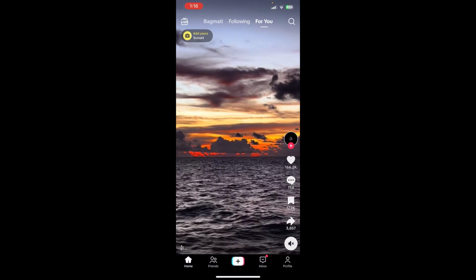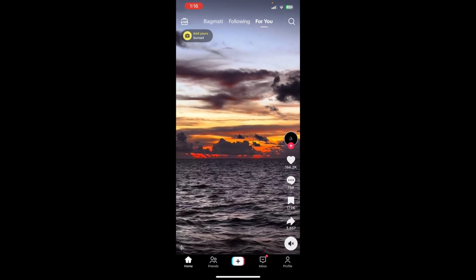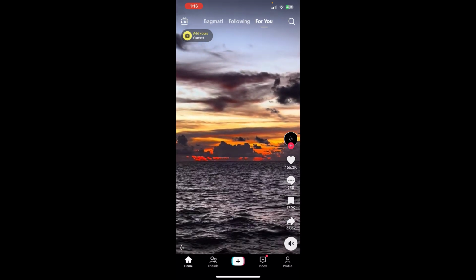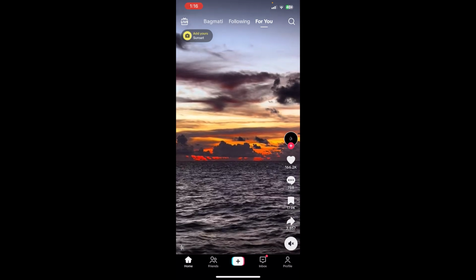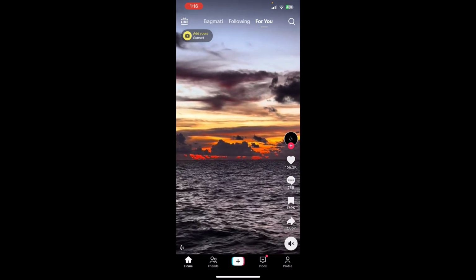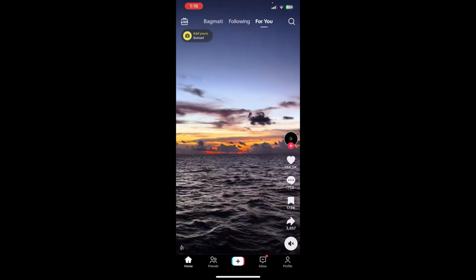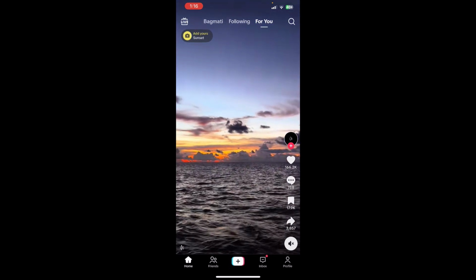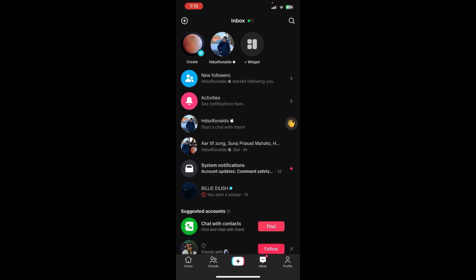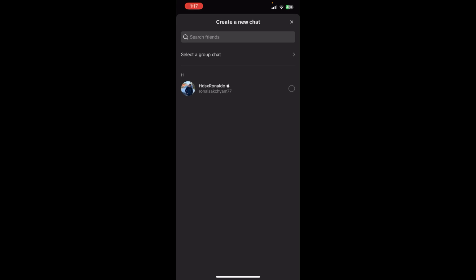First things first, I assume that you already have an account on TikTok and are already logged in. Right after that, you'll be able to see the interface or dashboard of the TikTok app on the screen, where you can see the inbox icon at the bottom. Just tap over there and you'll be redirected to your inbox page, where you can see the plus icon at the top left corner. Just tap on it and now you need to select